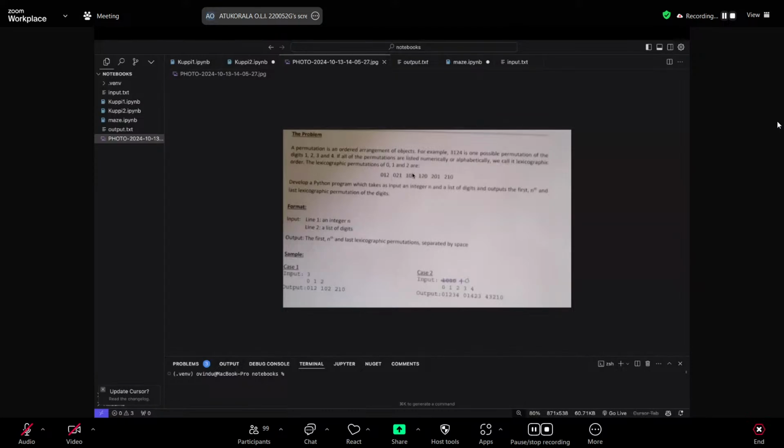The second 2 permutations have 1 as the first digit. The third 2 permutations have 2 as the first digit. So when we are given number 3, we know that number 3 is in the second 2 permutations, and it will have 1 as the first digit, right?